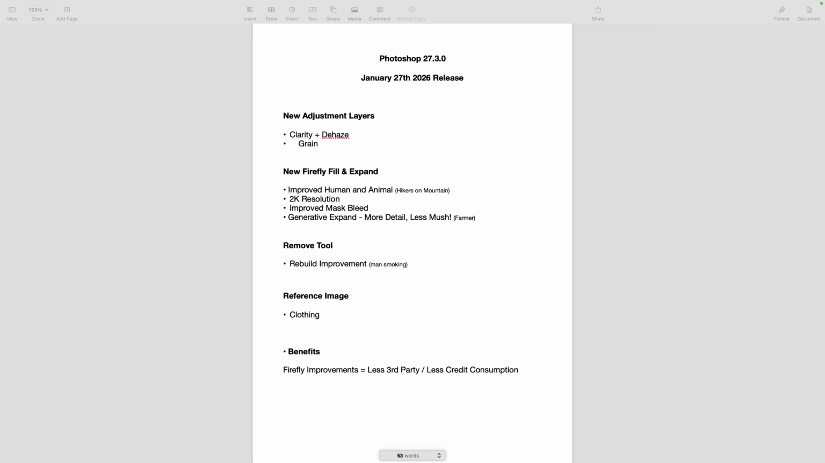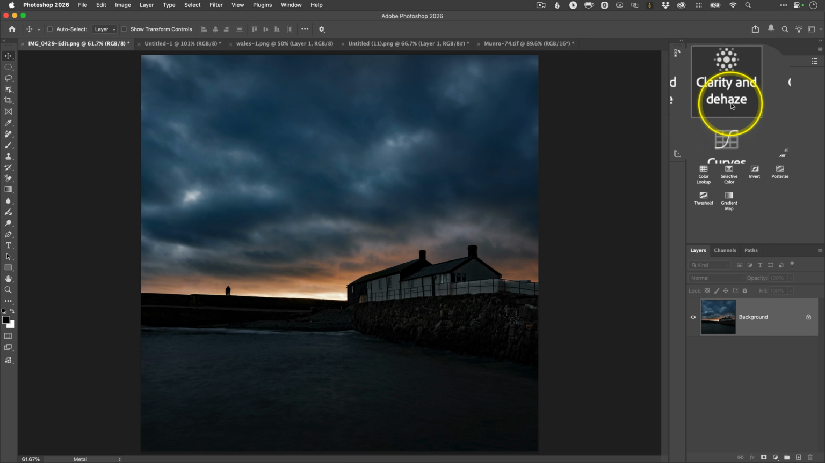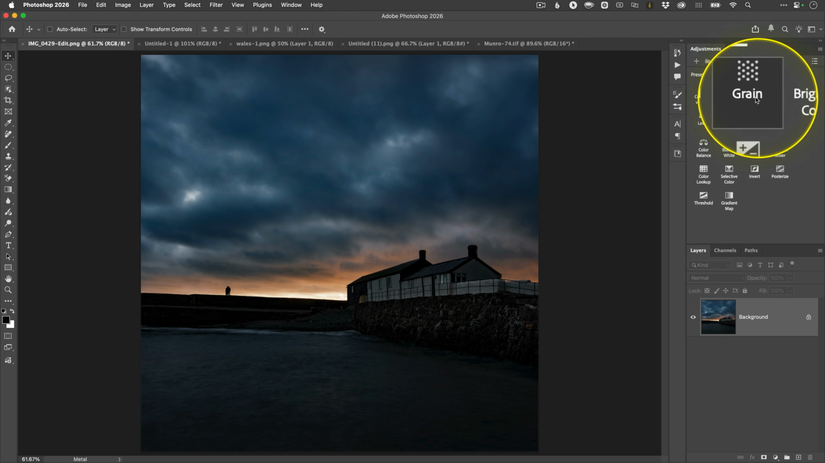All right, so on the screen here, I've got a list of some of the things that this January 27th, 2026 release brings with it. And the first one being new adjustment layers. So over here in Photoshop then, I've got the adjustment layers over on the right-hand side. And you can see now, look, we've got clarity and dehaze and grain, which ordinarily would have been within Camera